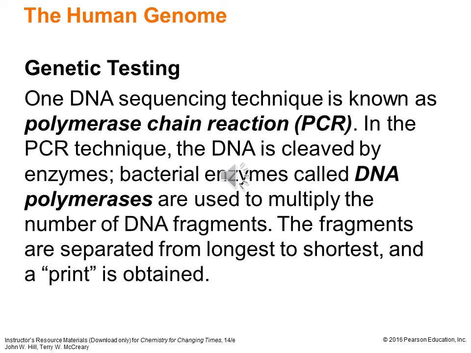And now these fragments can be separated from longest to shortest. You can run a gel, an electrophoresis gel, to get a pattern, and you can see if that pattern, based on that limited amount of DNA at the crime scene that you've multiplied with this PCR technique, now you can compare it to a DNA sample that a suspect may have been required to submit, and you can see, does the